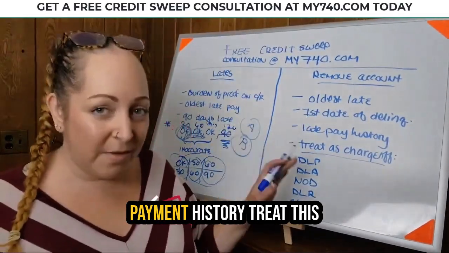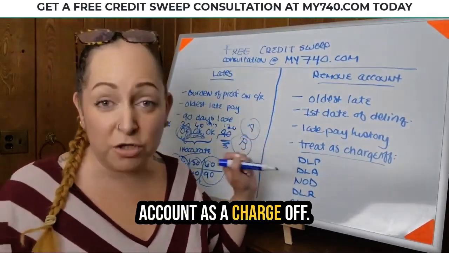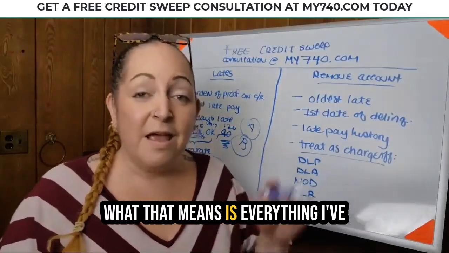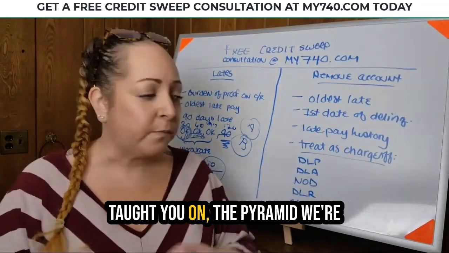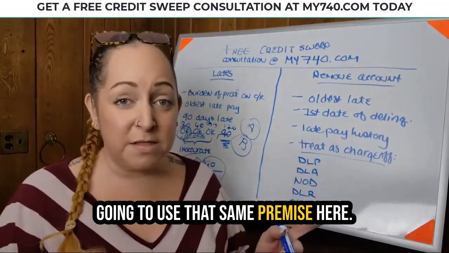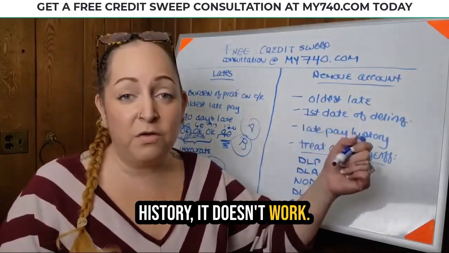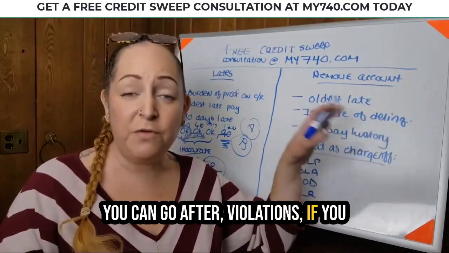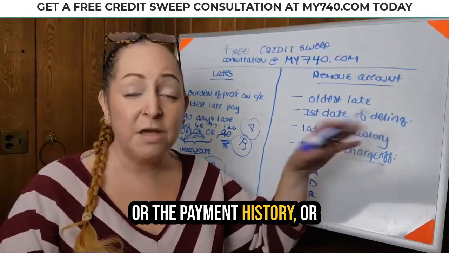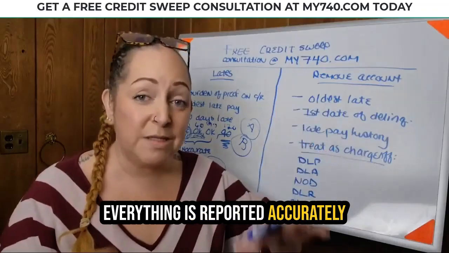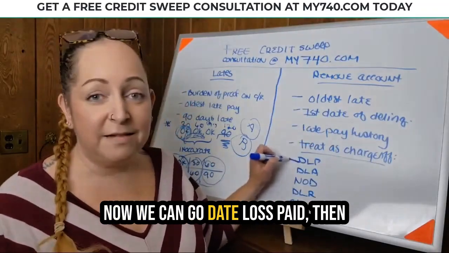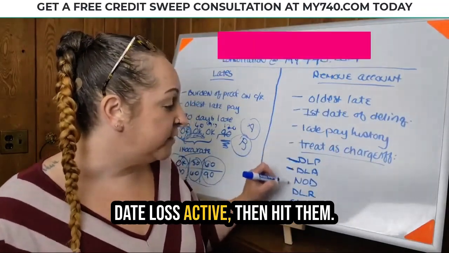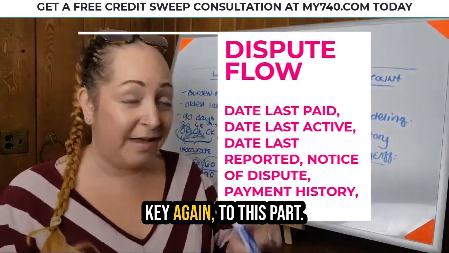Besides going through the payment history, treat this account as a charge-off. What that means is everything I've taught you on the pyramid, we're going to use that same premise here. If you go after the payment history, it doesn't work. You can go after violations if you can't go after the late payments or the payment history, or everything is reported accurately. Now we can go date last paid, then date last active, then hit them,